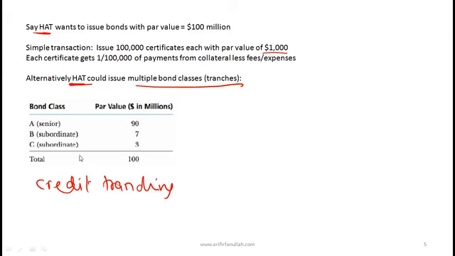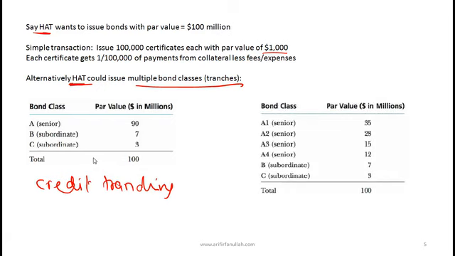Now that we've talked about credit tranching, is there still prepayment risk? Yes. Okay, so do you think we can now have another dimension of tranching that deals with prepayment risk? What we could do is take this tranche. Let's say that we are pretty confident that the maximum that the default will be is about 6 to 7%. Okay, so then the people who invest in bond class A, can they feel reasonably comfortable that they don't need to worry too much about credit risk? They can, because that credit risk has been shoved off to B and C.